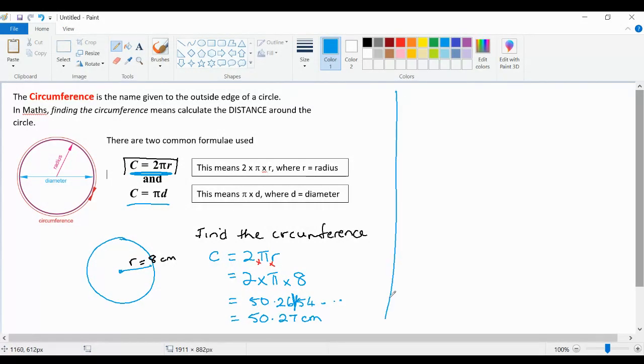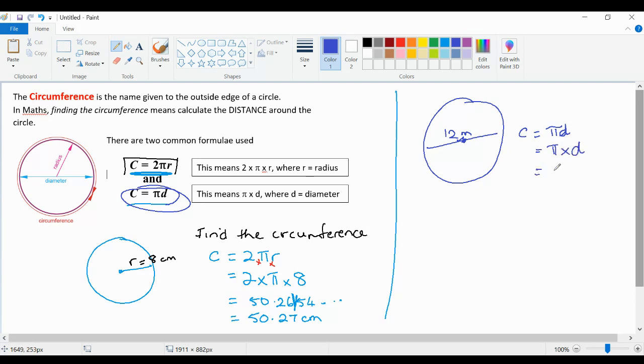The next problem that we're going to do is a problem where the diameter is given. So if that's a circle and the distance across the entire circle is 12, and we'll make that meters this time, the formula that you will use this time is C equals pi times d. So the first thing you do is you write out the formula. Okay, we know that it's pi and there's nothing in between, so it must be times, so pi d. Okay, so you put pi into your calculator, and because you've got the diameter, in this case you write 12, and pi times 12, you should do that on your calculator now and pause this video, and you should get